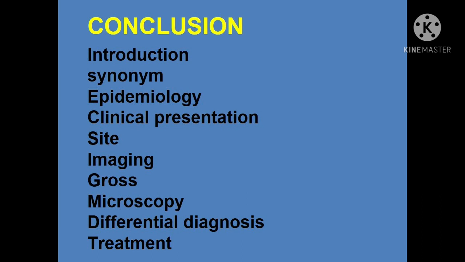Coming to the clinical presentation, like any tumor, it presents as local swelling, there will be tenderness. As it is involving bone, there can be restricted mobility. If it compresses a nerve, it may cause neurological disturbances, but they are not very characteristic. Some patients may present with joint effusion also. Coming to the site,